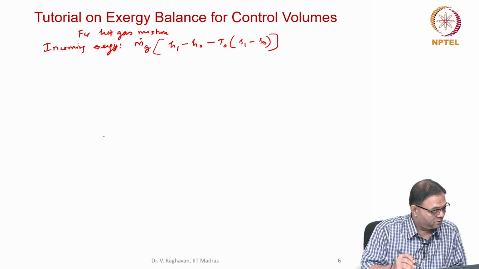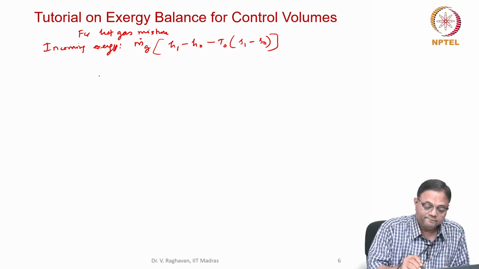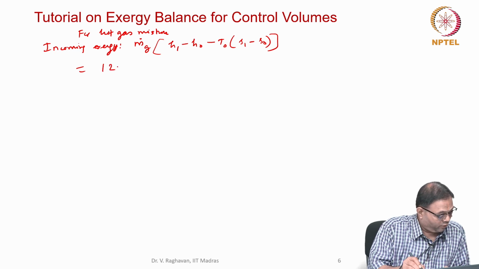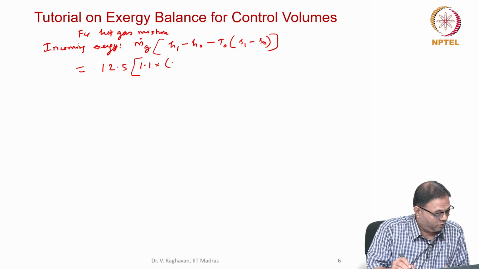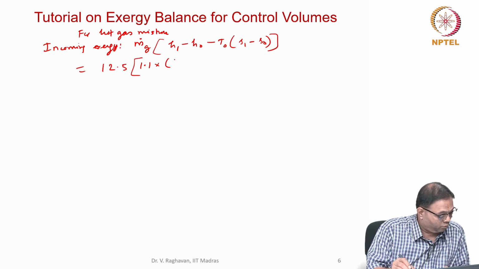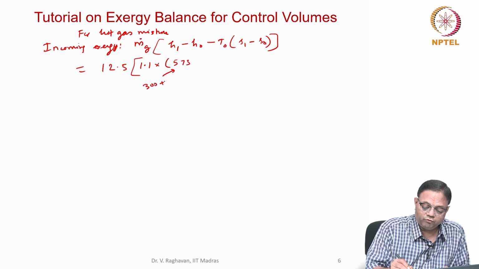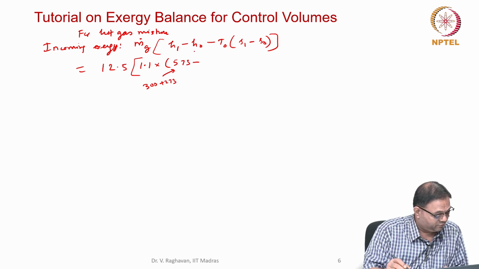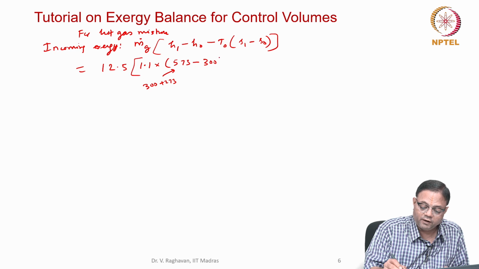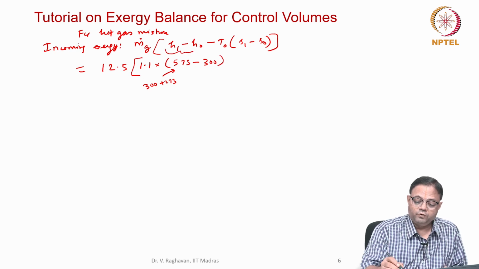This can be written as 12.5 into, H1 minus H naught can be written as 1.1 Cp into T1, that is 573, 300 plus 273, minus H naught. Ambient temperature is 300 Kelvin, so I write that as 300. So this is this term minus